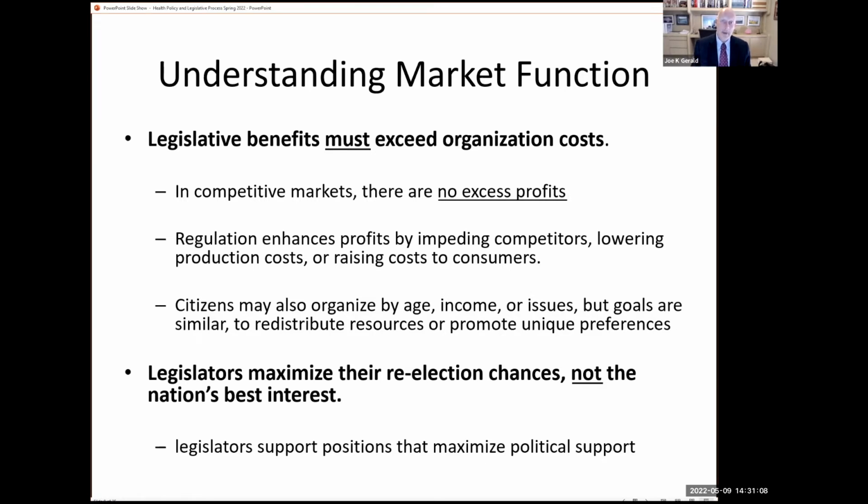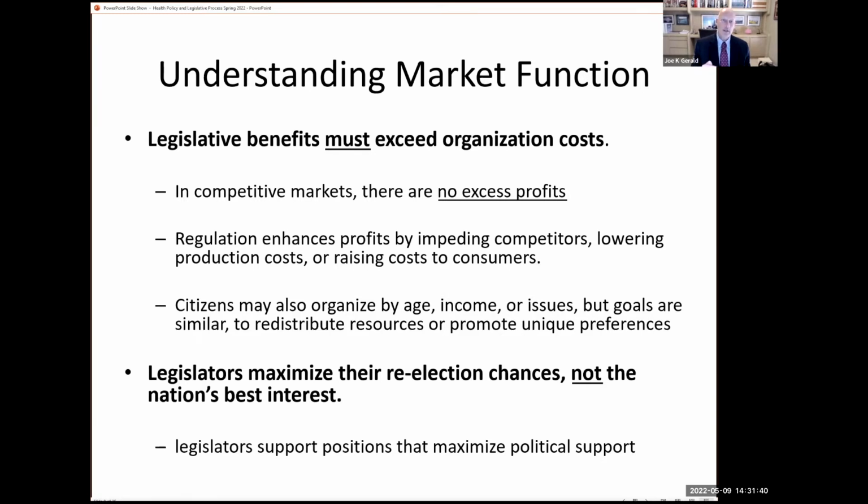And so you can bet your bottom dollar that the pharmaceutical industry has a very active lobbying presence in Washington, D.C. And that's their trade group called PhRMA. They will spend hundreds of millions of dollars lobbying our elected officials for favorable rules and regulations about drug discovery, drug development, and drug patents, so that they can continue to obtain profits that are far in excess of what could be found if their industry were truly competitive.